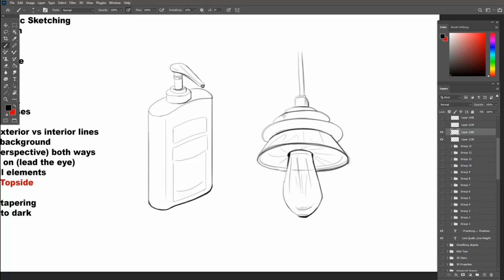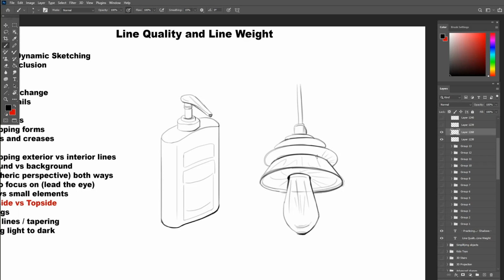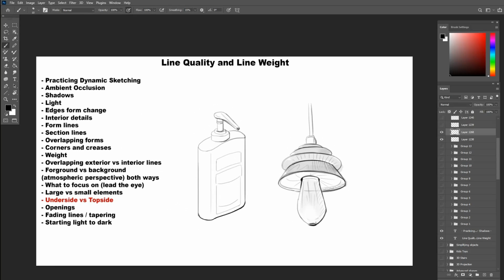Think of it where the object is pulled toward. The bottle is pulled toward the ground. The light is pulled by the cord upward. Yes, I know that gravity is pulling it downward, but artistically, it looks like it's being pulled upward. Also, the parts itself have overlapping edges from the top, not from the bottom. So that also adds thickness to the lines.